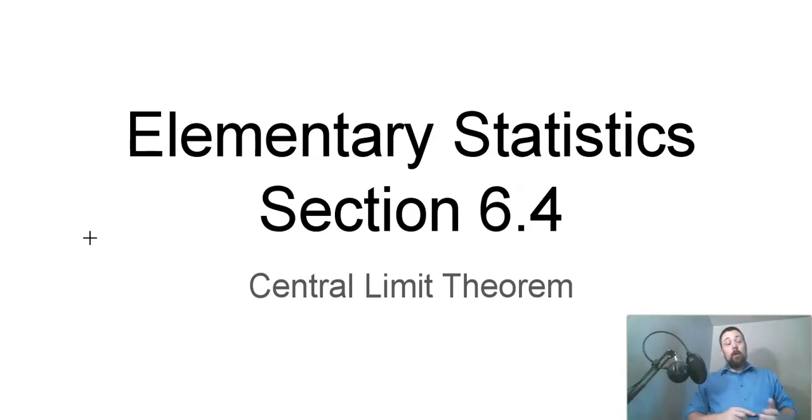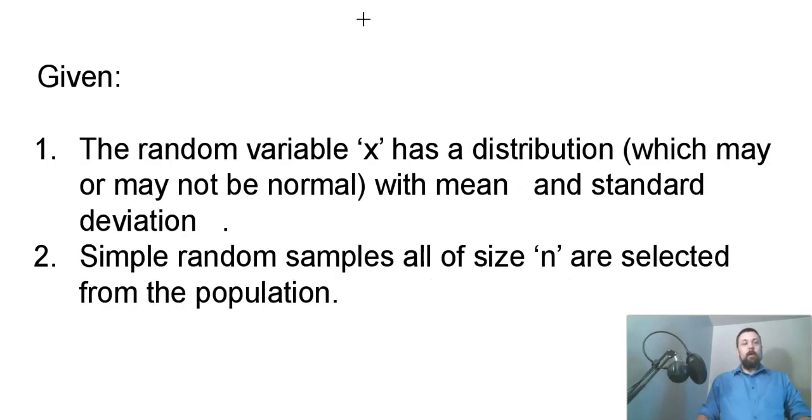In this video, we are going to take a look at section 6.4 on the central limit theorem. Given the random variable x has a distribution and it doesn't specify what kind. So this is what's quite powerful about the central limit theorem, it basically applies to anything. Given a random variable with some kind of distribution, could be normal, could be something else, with a mean, and